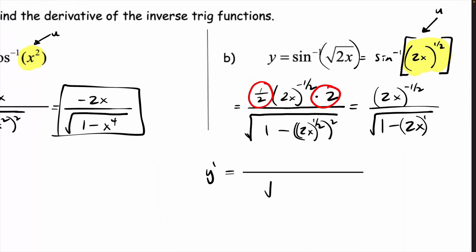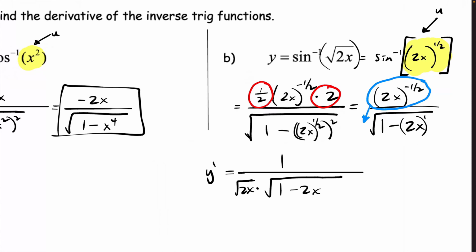So the bottom is 1 minus 2x. You don't need the parentheses anymore because it's the first power. The top is a negative power, so I'm going to move that to the bottom. I'm going to give it back its root as well. And then you leave 1 on top. Okay? You can multiply the powers and do that, but I'm not worried about that right now because we're just